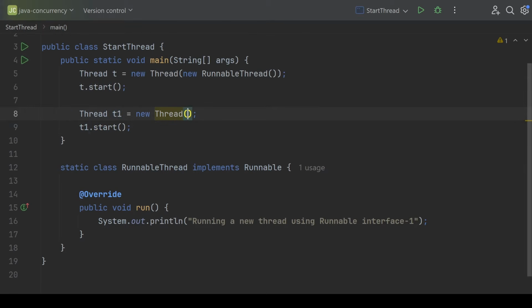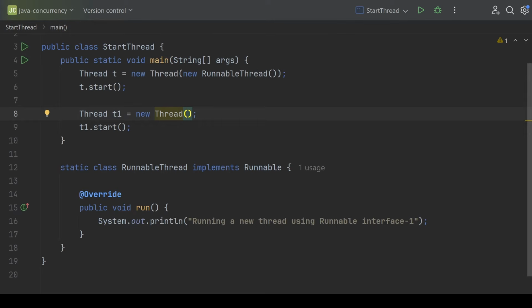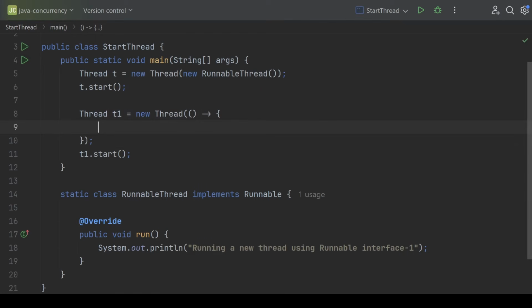All right. And we also know that we have to pass our runnable. So instead of creating a class and implementing the Runnable interface in this way, we know because Runnable is a functional interface, what we can do is provide the implementation using a Lambda function directly in the constructor here. All right. So in this Lambda function, we can again do something like a simple log message for now, like this, using